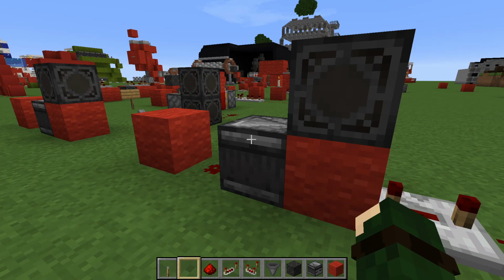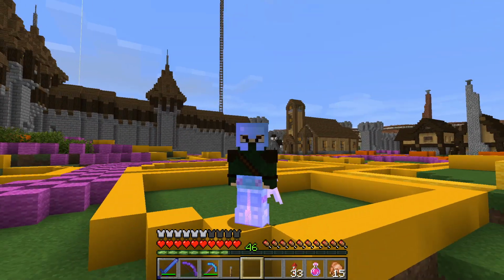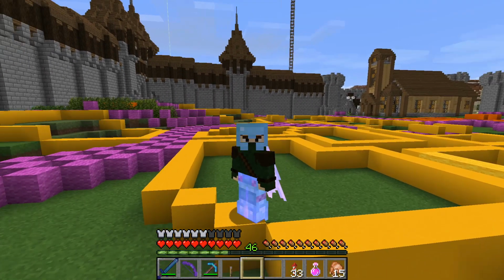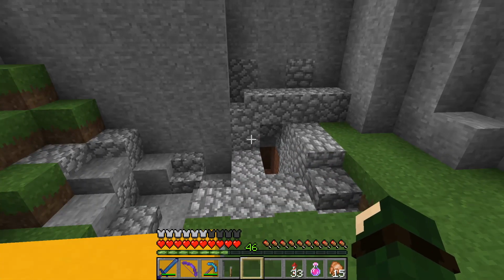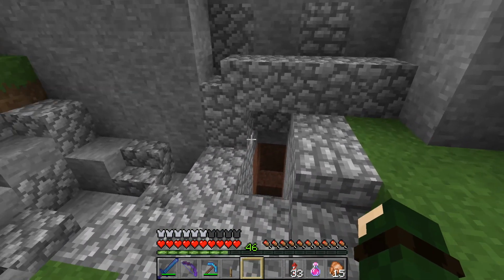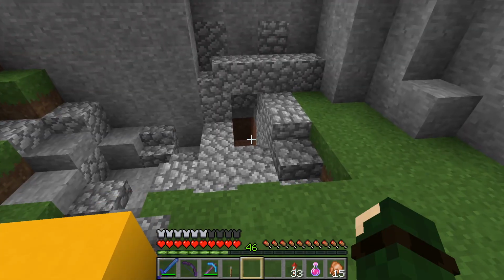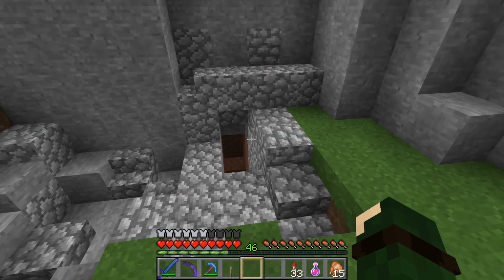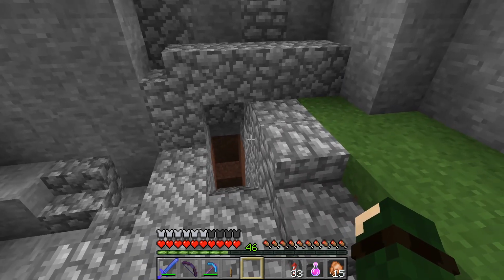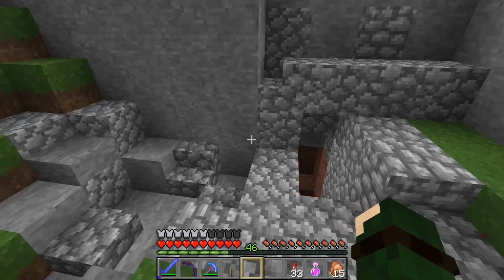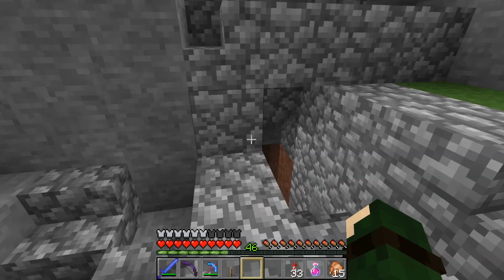I used it for. Alright, so I'm in my single player world, my unfinished city with a bunch of colorful blocks everywhere where buildings are going to be. And I have this hole in the wall right here. When I first started this world, this is actually my starter house right here. I dug a hole into the ground and eventually made it look like a collapsed mine, like a piston hidden door thing. So what's really cool is I used to have a button right here, and that's too obvious.